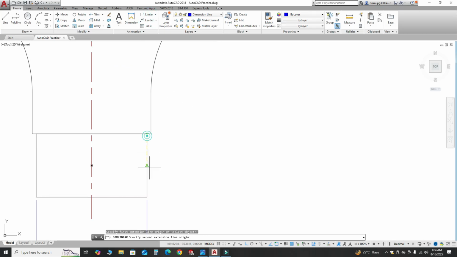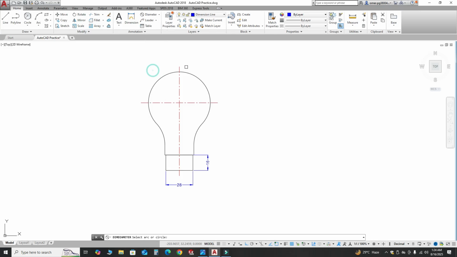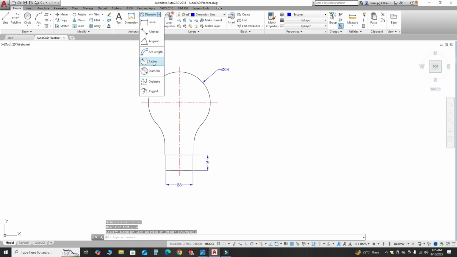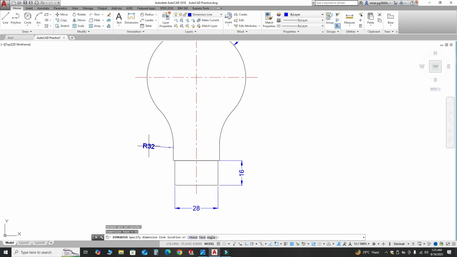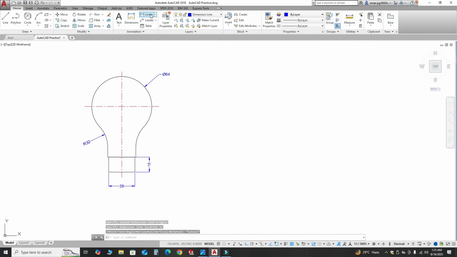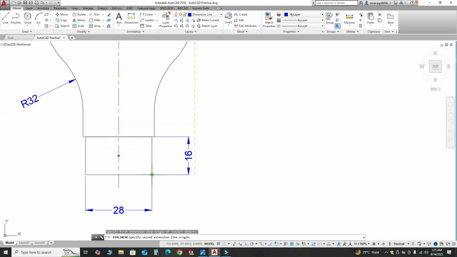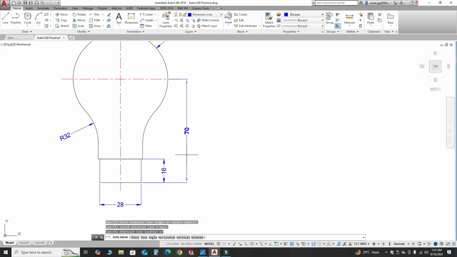This dimension is I guess 16, and this is the diametral dimension like this. This is the radial dimension, this one like this. You can pick this point or this point, it is up to you. I will pick this point and I will pick this point, and this dimension is 70 units.